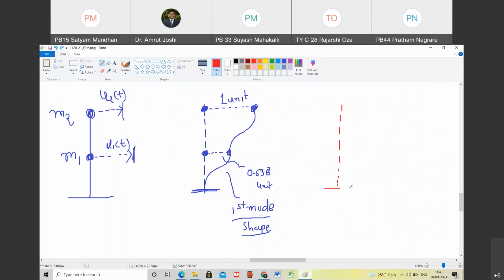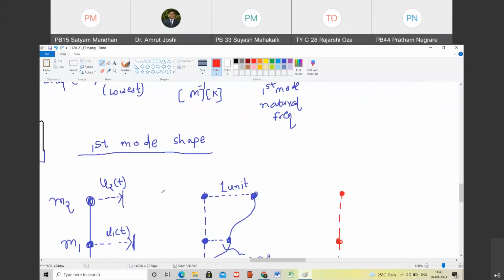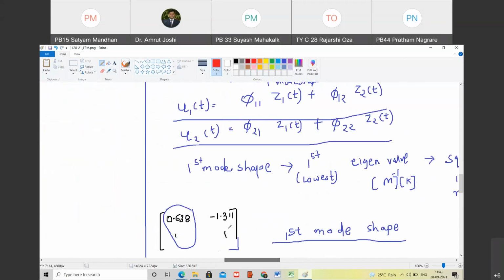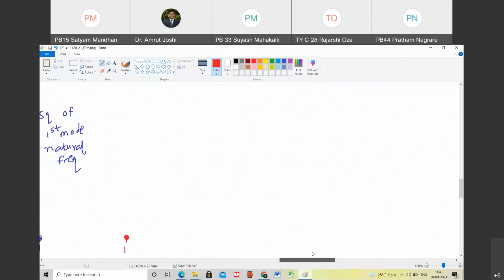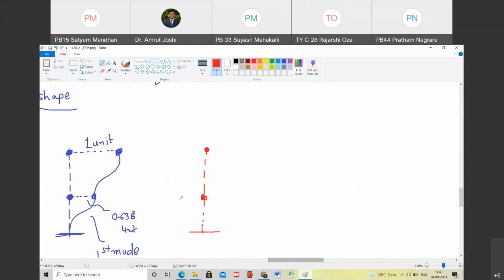You will understand what does this mode shape mean physically in a while, but let us plot the second mode shape first. So second mode shape कैसे plot करेंगे? So you have to consider this one. Do you agree with me? Yes, sir. So minus 1.311 means the first mass is going to go towards left by 1.311 units. Do you agree with me? Yes, sir. The moment I show it towards left, don't assign the negative sign. It's understood. Are you with me?